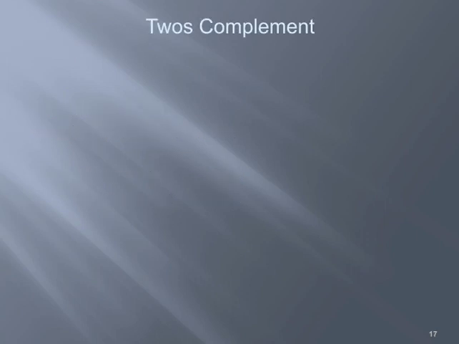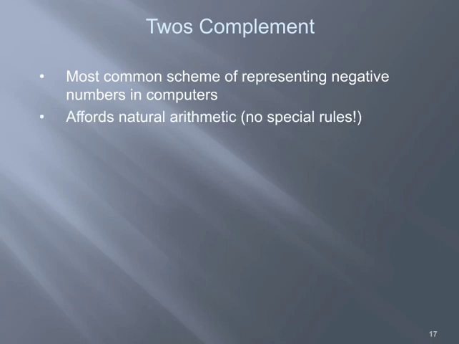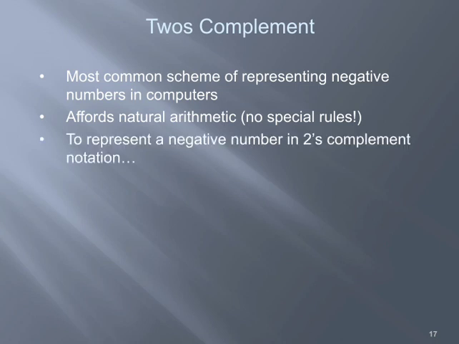Next we will move on to twos complement. The twos complement representation of a binary number is the most popular scheme of representation. Whenever you want to represent a negative number, any microprocessor or microcontroller uses this method, twos complement representation. So any microprocessor based system or microcontroller based system uses twos complement representation in order to represent any negative numbers. No special rules are there.